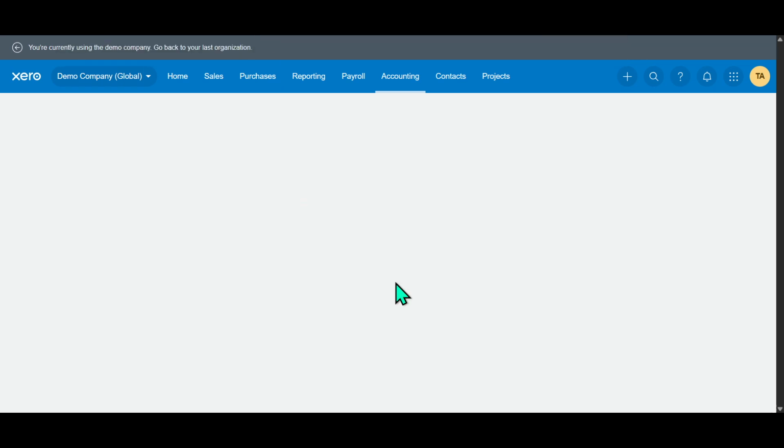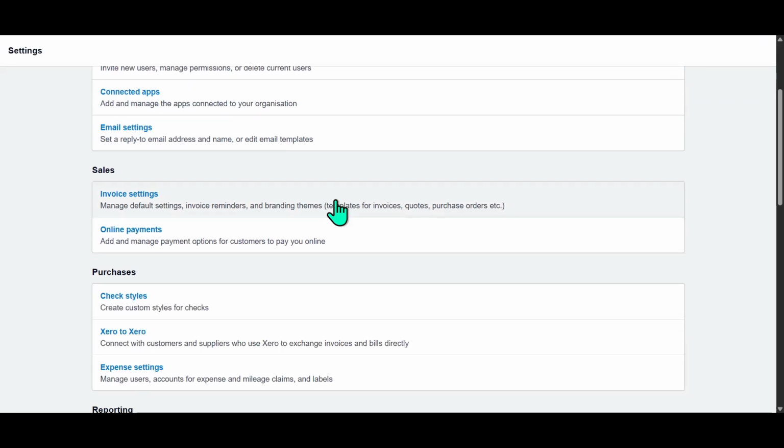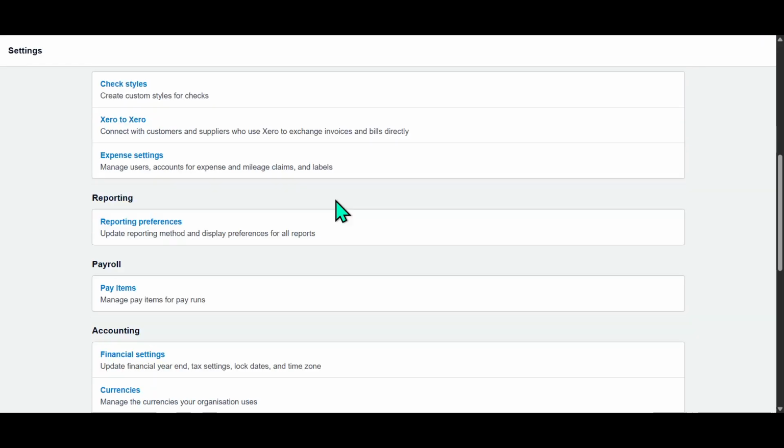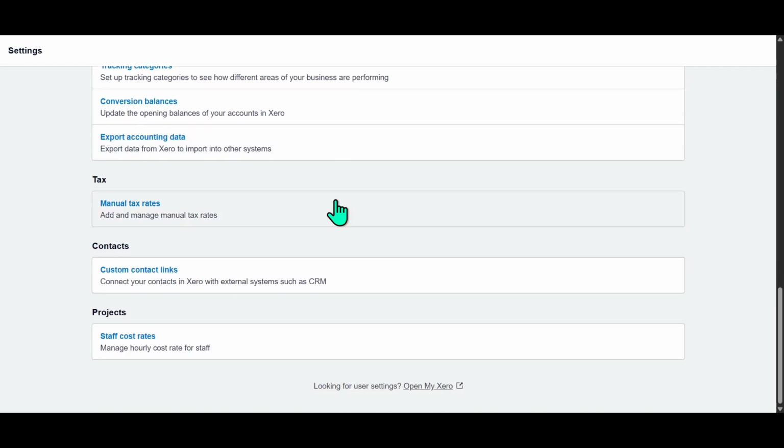Next, within the Accounting Settings page, you'll need to locate and select Fixed Asset Settings. This section is crucial because it houses all the tools and options related to tracking and organizing your company's valuable assets. Remember, maintaining accurate asset records is not only helpful for your everyday bookkeeping, but also essential during audits and